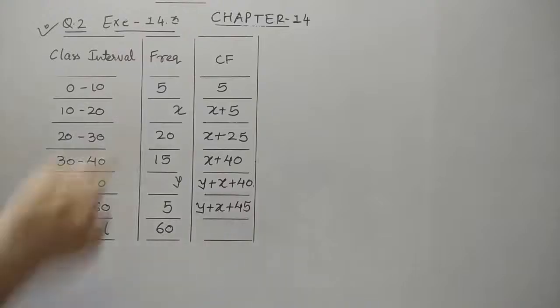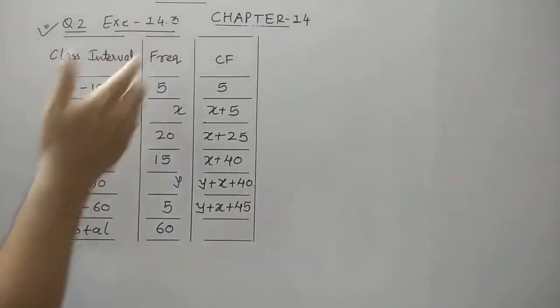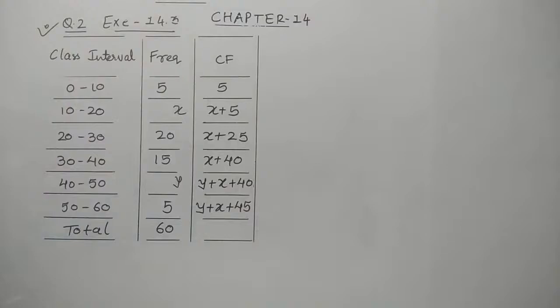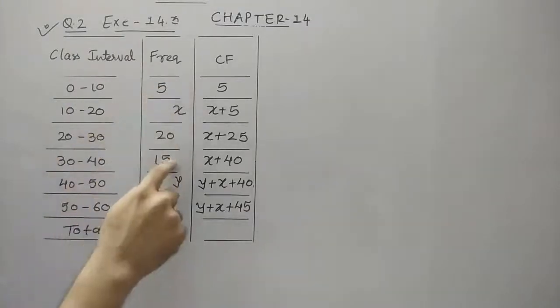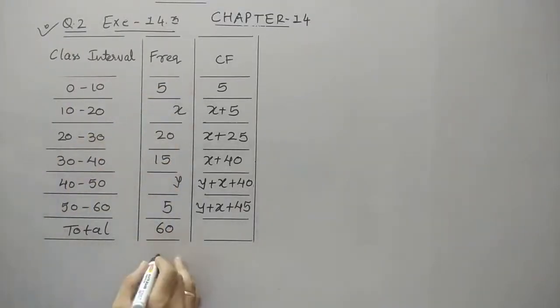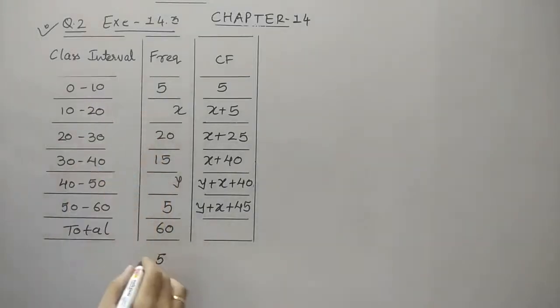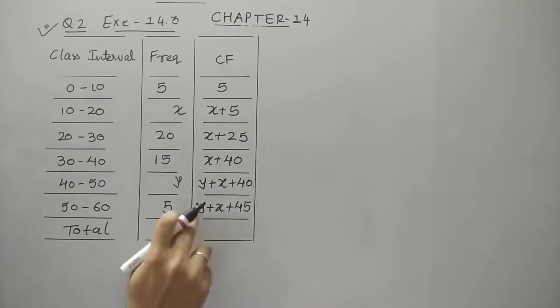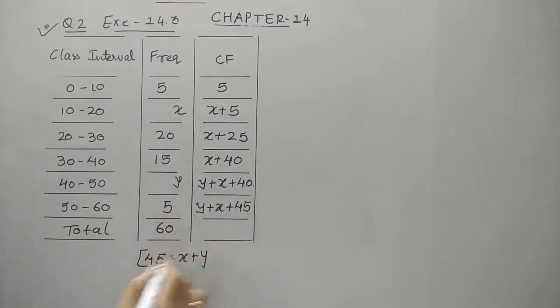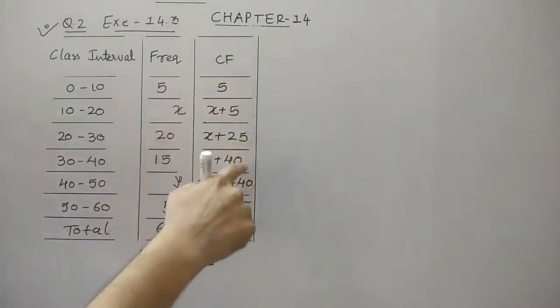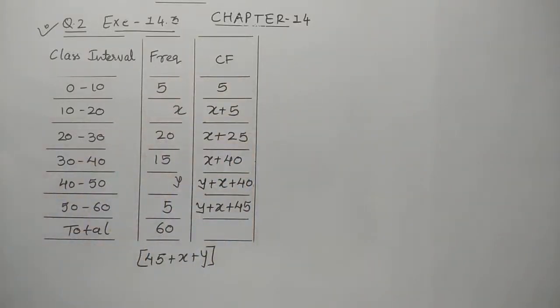As I told you, we have to do the sum of this also. इसका भी हमें addition करना है. Okay. It's 5 plus 5, 10. 10 plus 5, 15. 1, 2 plus 1, 3 plus 1, 4. So you can see that we obtain 45 plus x plus y. क्यों किया हमने ये? To verify whether we have done this right or wrong. हमने verify कर दिया कि the CF value which we obtain here is absolutely correct.